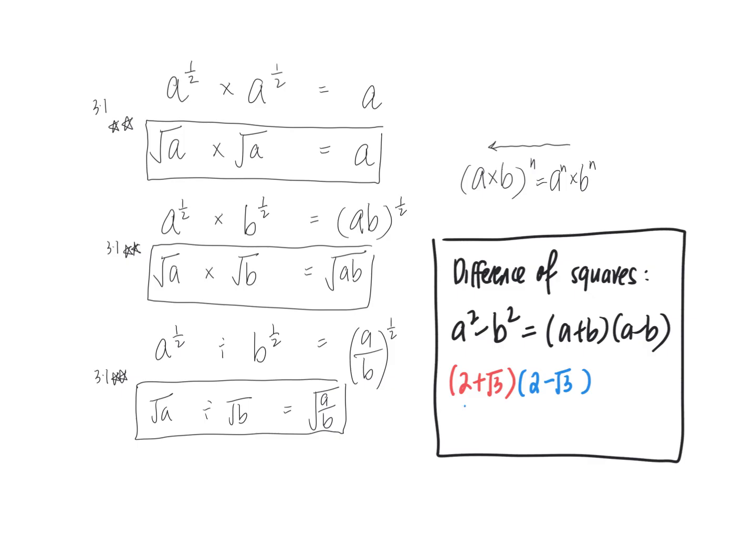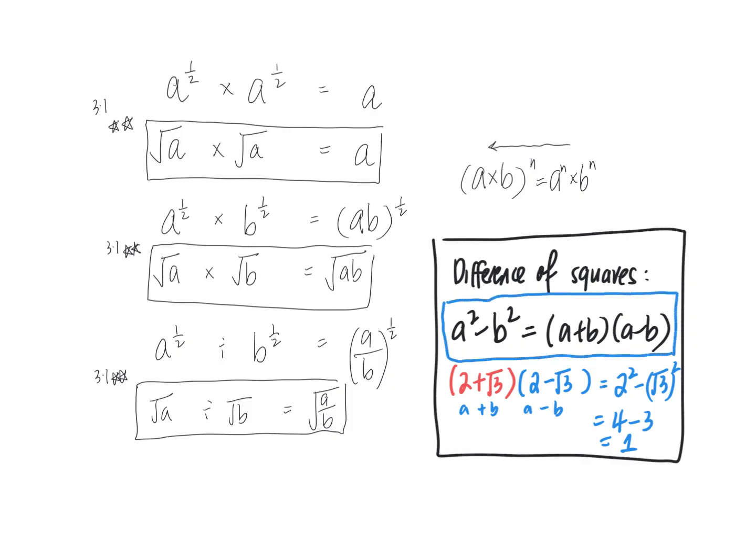Can you see this is your a plus b? This is your a minus b. So what will happen? You will apply a square minus b square, and then your square root disappears, become 1. Can you see that? So this is the most important property that we will use, or rather identity that we will use